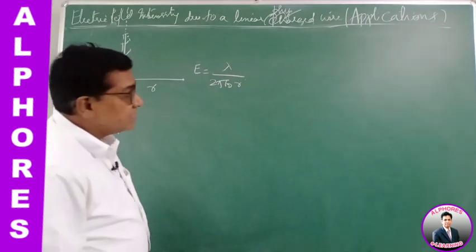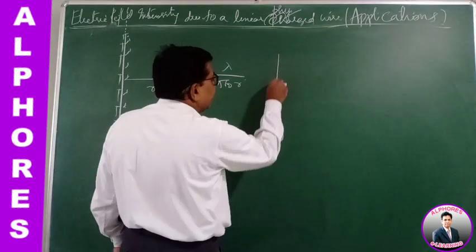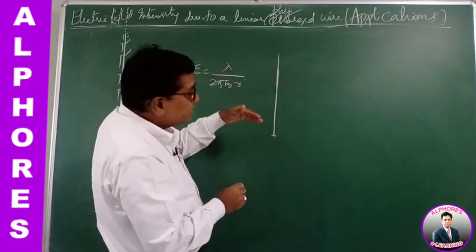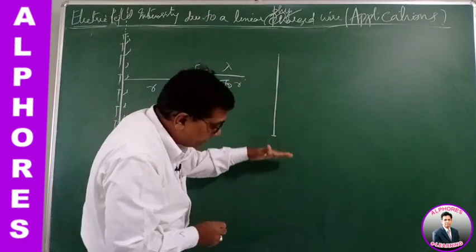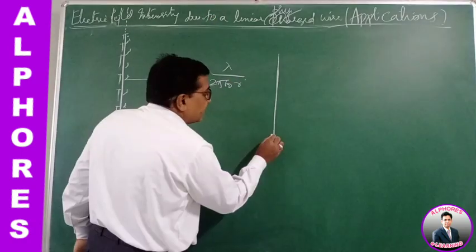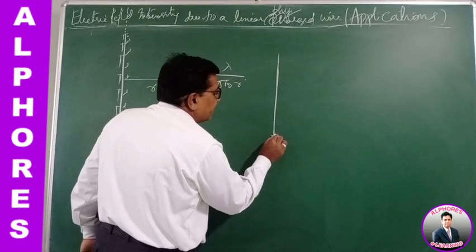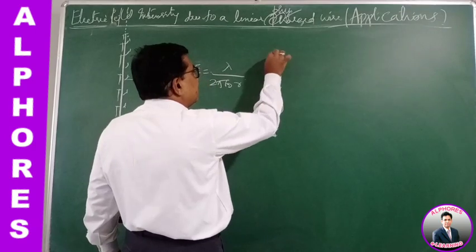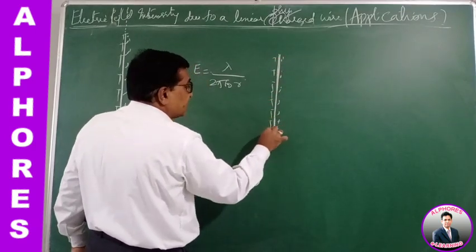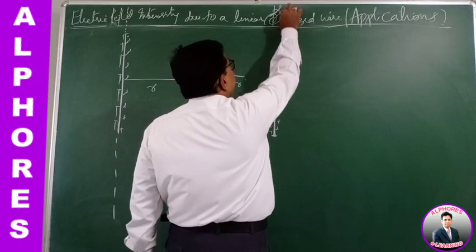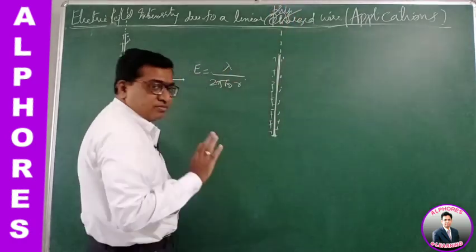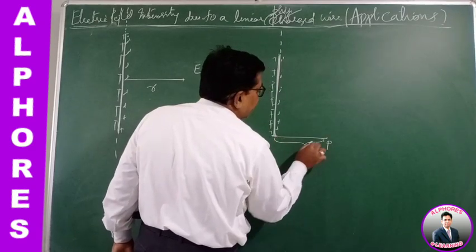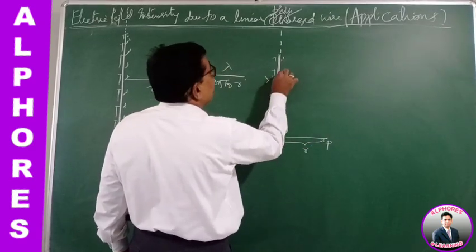Now the question is, if there is an infinitely long charged conductor, but it is infinite on one side, and on the other side there is no conductor. So the conductor is cut off at this point. Here, from this point the charge is extending upward, up to infinity, but there is no conductor below. And now the question is, at a point P at a distance r from this, what is the electric field